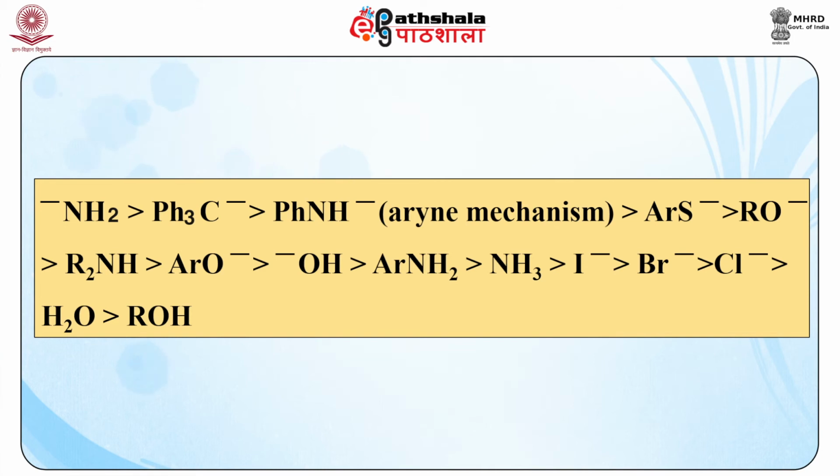Here you should see that iodide is the greatest as compared to bromide and chloride. Earlier they were at the same position when we were discussing the earlier order, that is the leaving group order, which is iodide greater than bromide, then chloride, which is greater than water and then the aliphatic alcohols. In case of aliphatic nucleophilic substitution,